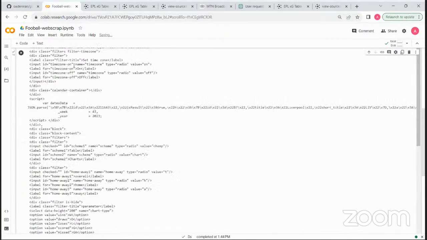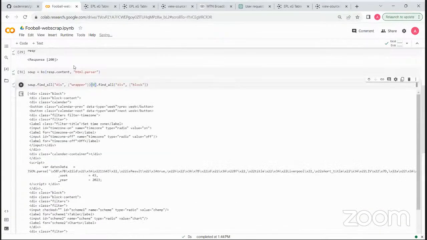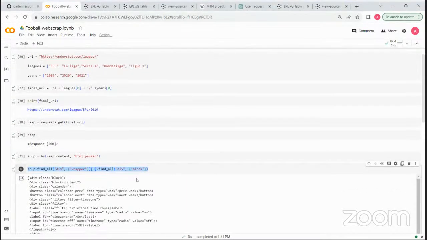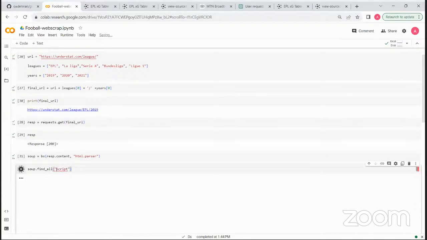So since we now know that they are using JSON data, what do we have to do? And I know that the JSON data that they are using is in a script. So instead of having to go from wrapper down to block and stuff like that, I won't be doing that. What I'm just going to be doing is finding all the scripts in these documents. So if I do this and press enter,